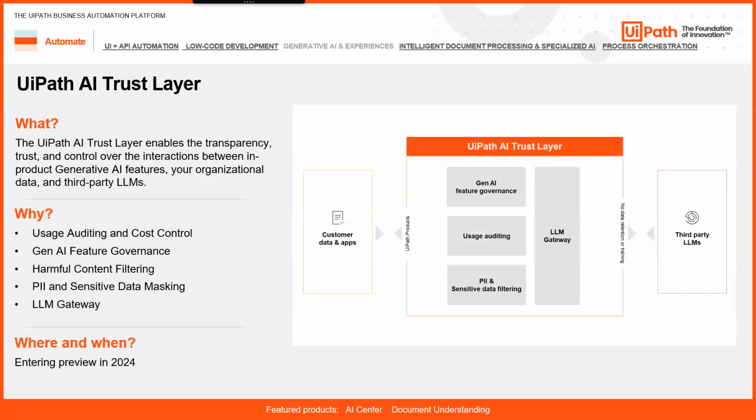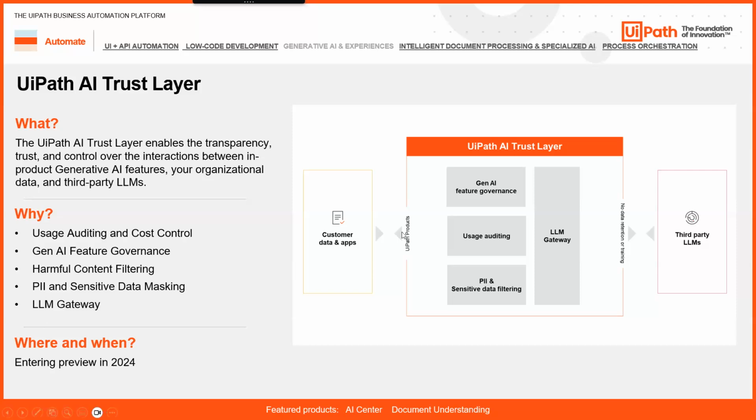Now, with generative AI being top of mind, the other thing that is top of mind for a lot of customers is security, auditability, transparency, right? Of how these generative AI models are being used, where they're being used. And so within the UiPath platform, we are coming out with an AI trust layer. It's going to be entering preview early next year with the target of 24.4. And really what it's going to enable is transparency, governance and auditing, and even PII and sensitive data filtering